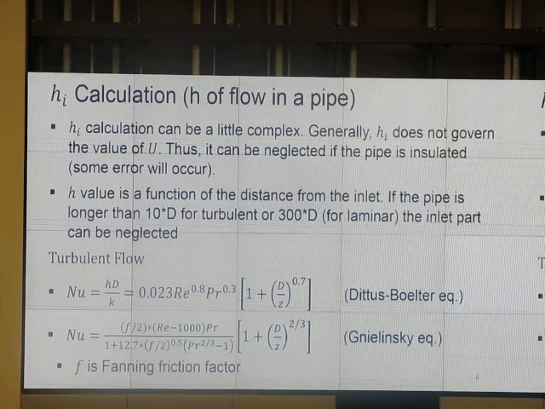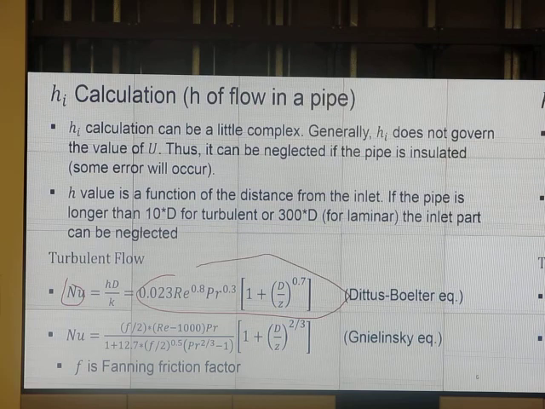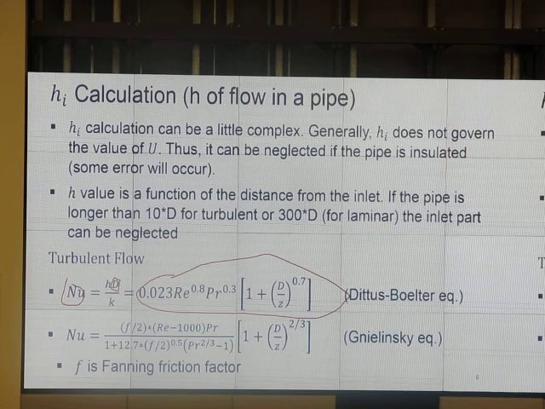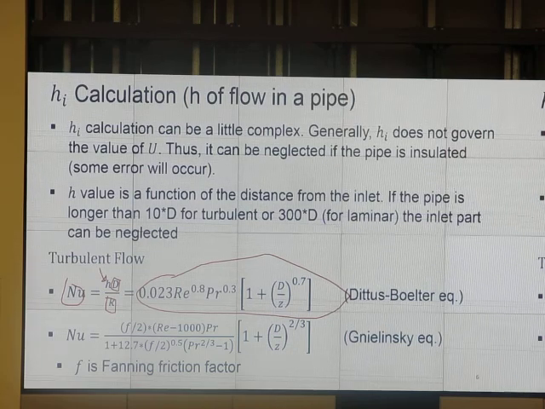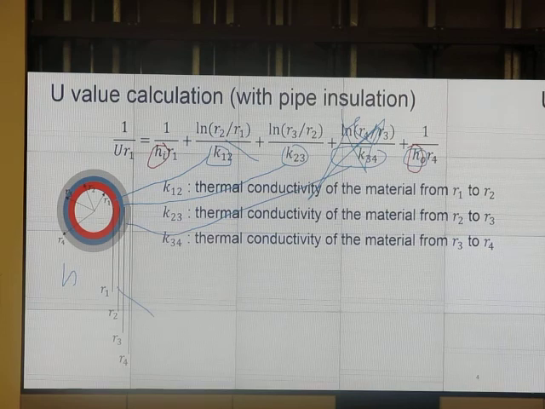Okay. Once we know the Nusselt number from this formula, we substitute the D value. That capital D is the diameter that the fluid sees. Inner diameter. It's not outer diameter, it's inner diameter. K is the thermal conductivity of the fluid. Then we can calculate H. That H, this is a flow in the pipe, right? That H value, we substitute it back to,